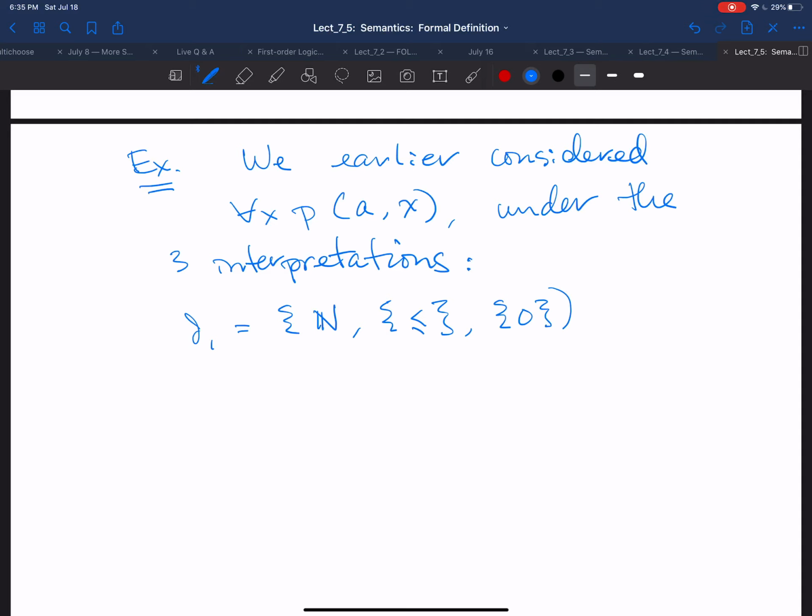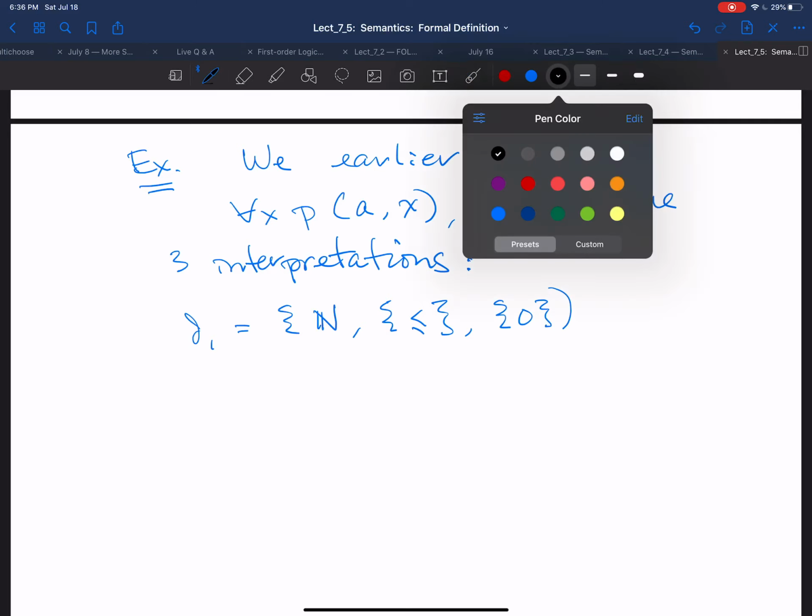So what does this mean? We said that under this interpretation, that formula should have the truth value true, because it essentially means that for every natural number x, 0 is less than or equal to x. And in fact, that is true. If we work it out maybe in a little bit of detail,